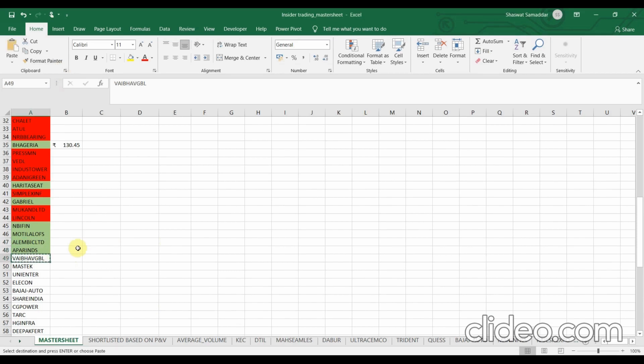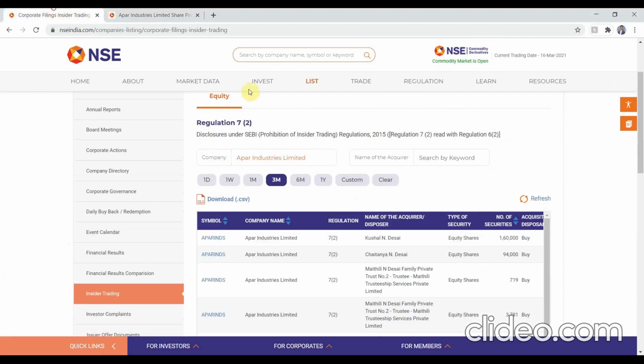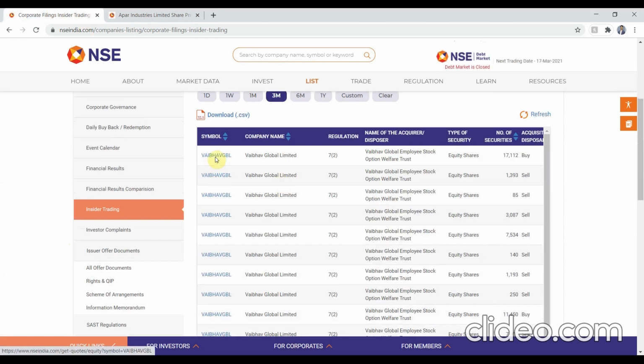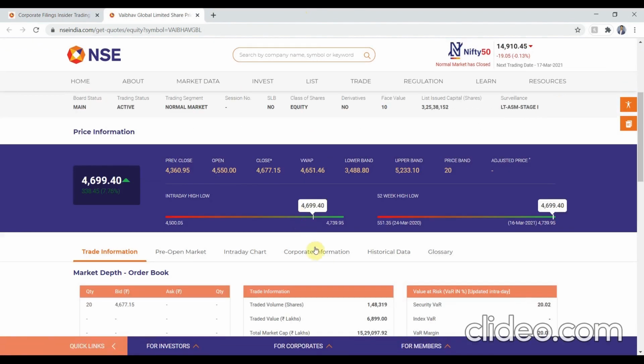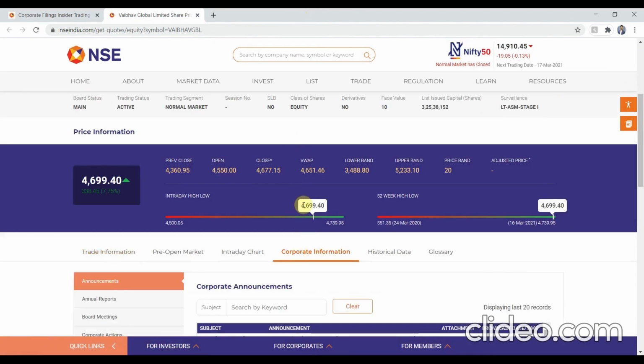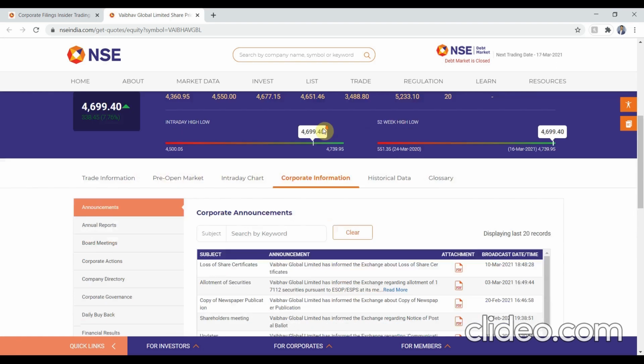Okay, now let's move on to the next stock. Paste it right here. Webel Global Limited. Click on the symbol. Go to the corporate information. Okay, it's 4,700 rupees. For some people, this might be a pricey stock. Someone managing the amount of a small account like myself would not like to invest 5,000 rupees in one stock.